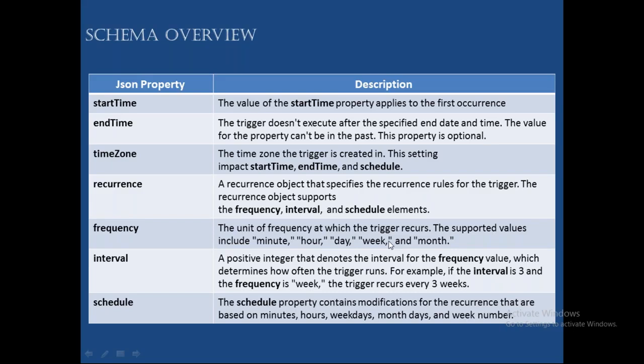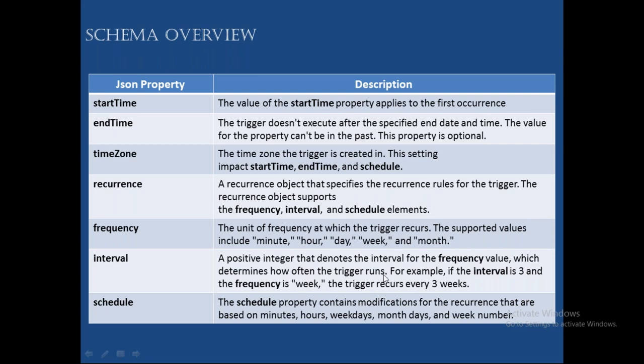Every 3 weeks it will run. Understood? Maybe this Sunday it ran; next Sunday it will not run again. On the third Sunday it will run again. Okay, understood. Next. So you can see here a positive integer that denotes the interval of the frequency value, which